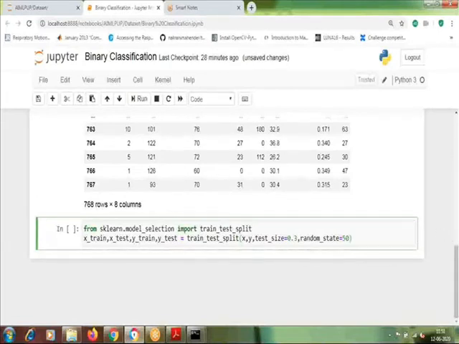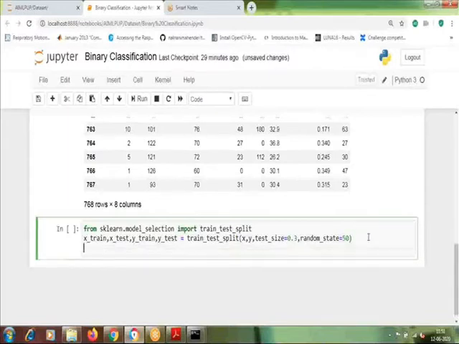If you split it randomly, then your model will be more accurate. So we are going to give random_state as 50. You can use any other number. This number tells that you are randomly splitting the data set.